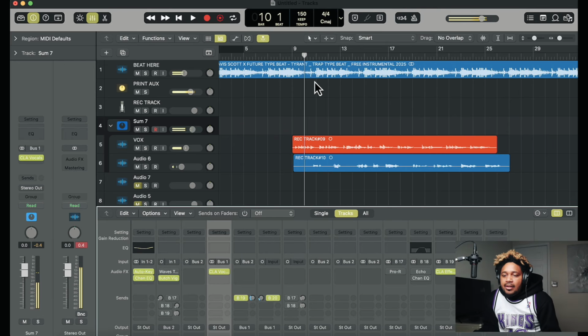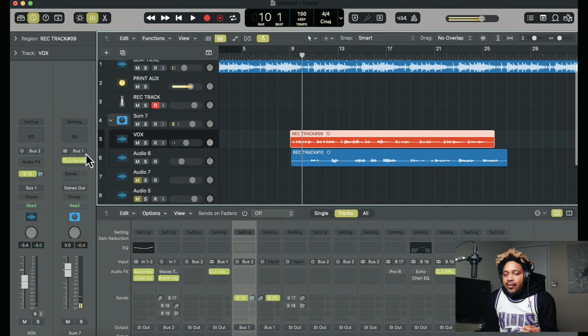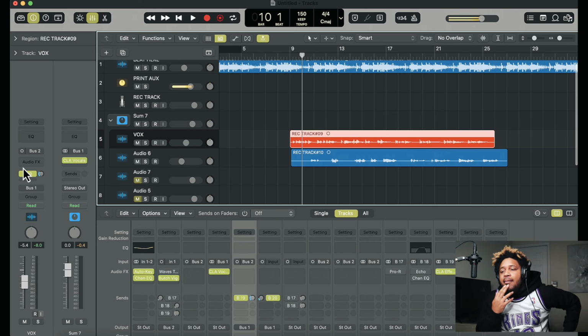So the thing is, it don't take much to make a vocal sound good. But if you're trying to sound exactly like somebody else, that's kind of where people go wrong, because chasing someone else's sound isn't always going to work out best for you, because I can do a Travis Scott vocal